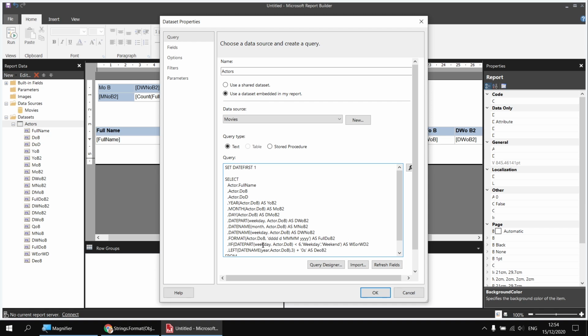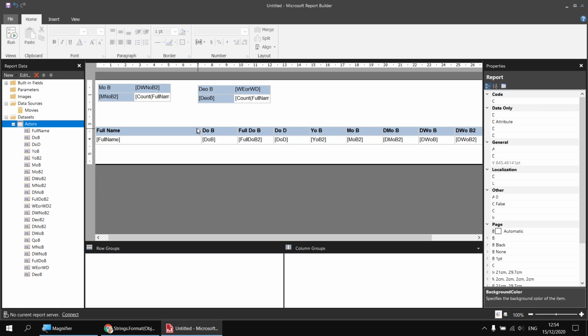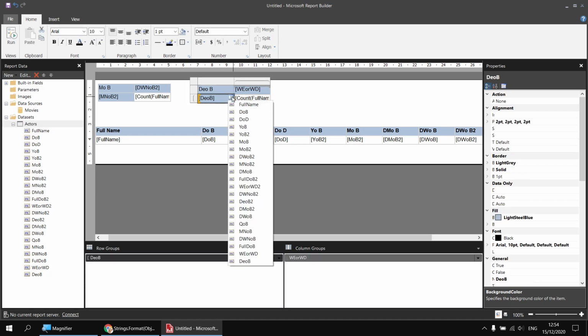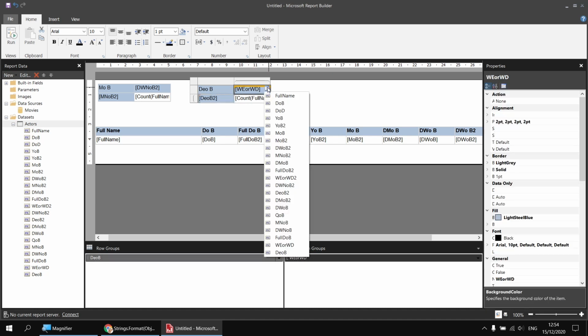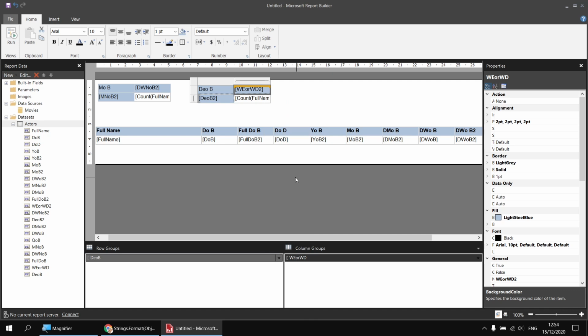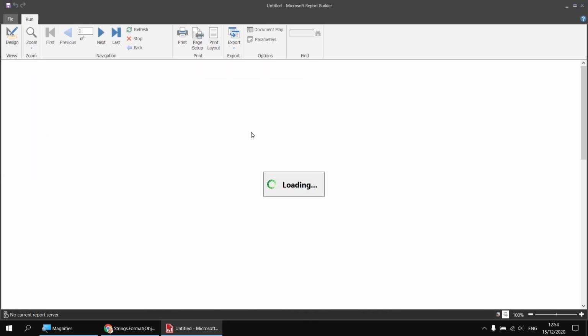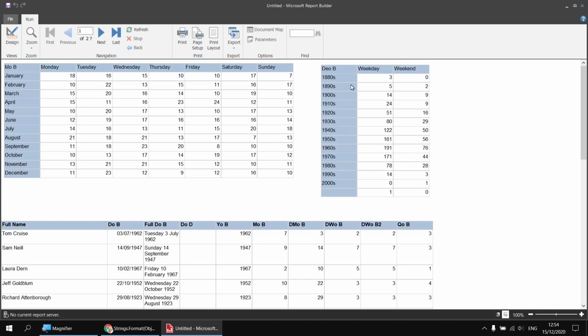Again, I haven't yet handled the null value, so the one actor with a missing date of birth, but I'm going to click OK at this point. And then I'm going to replace my DEOB with DEOB2 and WE or WD with WE or WD2. And then having done that, let's run the report and see what happens. We'll get the exact same results as we got previously. It's just this time, rather than having the word unknown, we have an empty or a null or a nothing